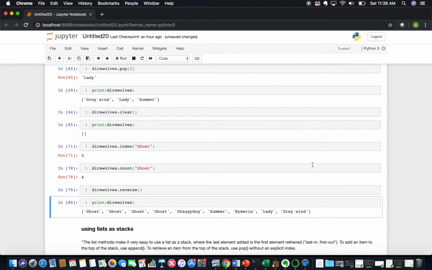On the other hand, you could also insert something at the beginning and pop it at the end, so it's more like a queue method instead of a stack method. Every time that you insert something at the beginning of the list, you have to